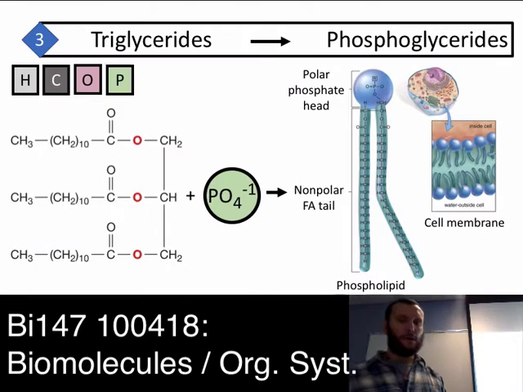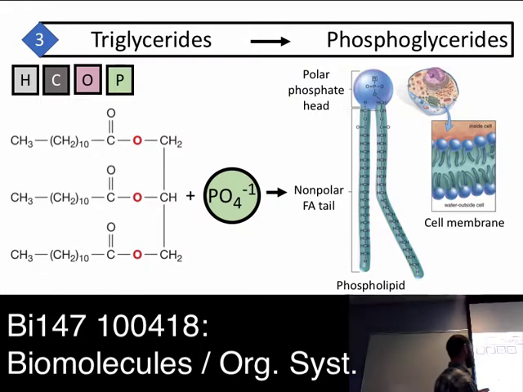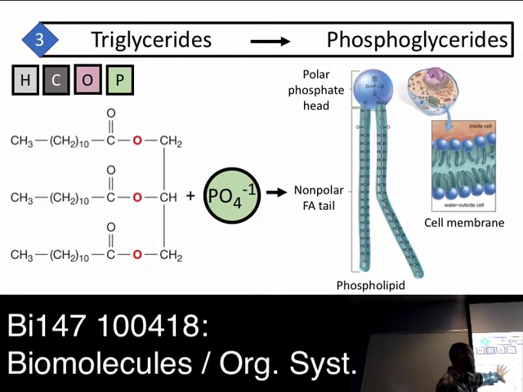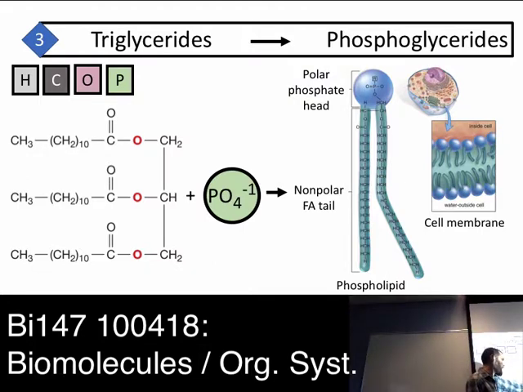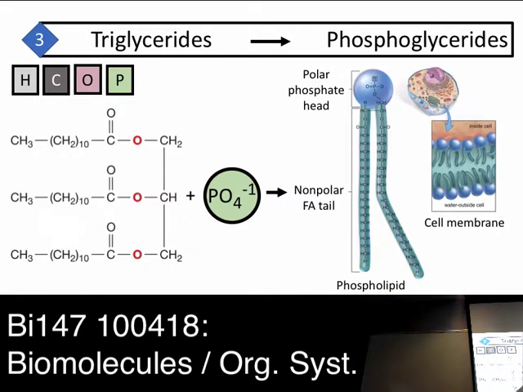Now, so how does this relate to us? A triglyceride can combine with a phosphate group. So this is from phosphorus, an oxidized anion of phosphorus, where the phosphorus can displace one of these fatty acids so that we have what's called a phosphoglyceride. And a phosphoglyceride is basically a diglyceride. It's got 2 fatty acids. In that third position, by a